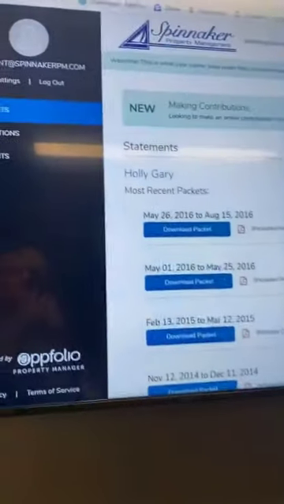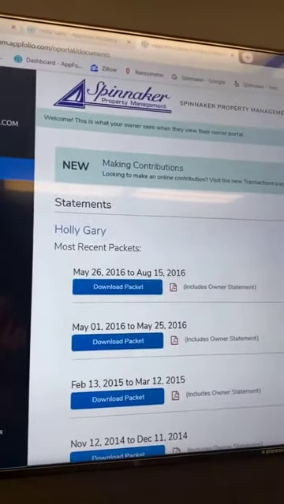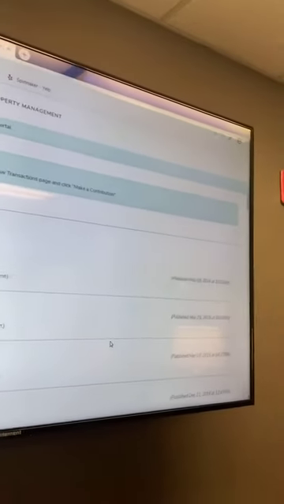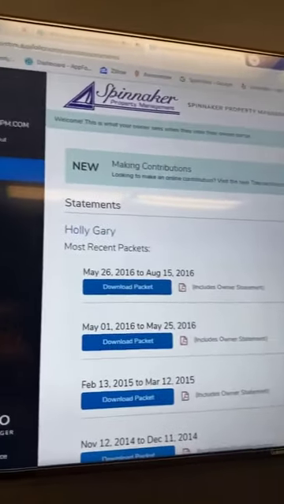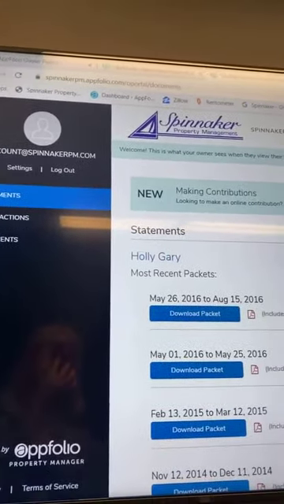When you become an owner and we get your property set up, you will be emailed an invitation from Appfolio to go in and set up your owner portal. Your email address will be your login. You will create your own password, so that is personal to you. Once you receive that and you're all logged in, anytime you would like to access your portal, you will go to